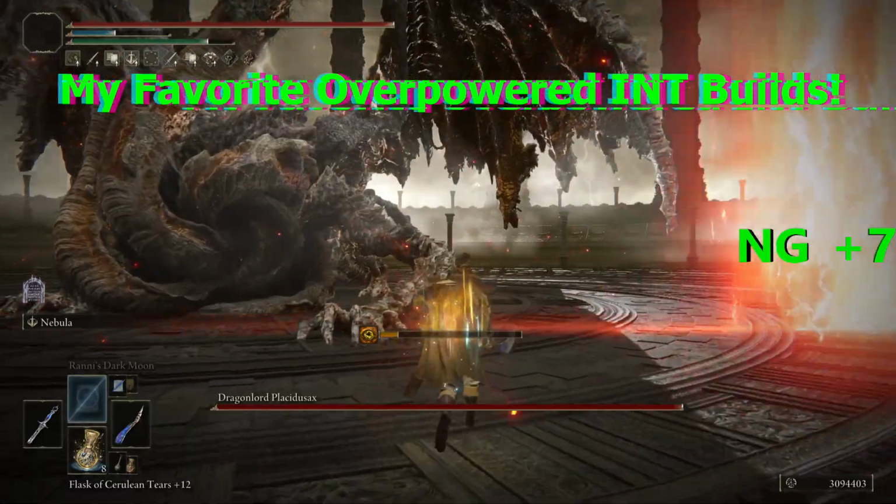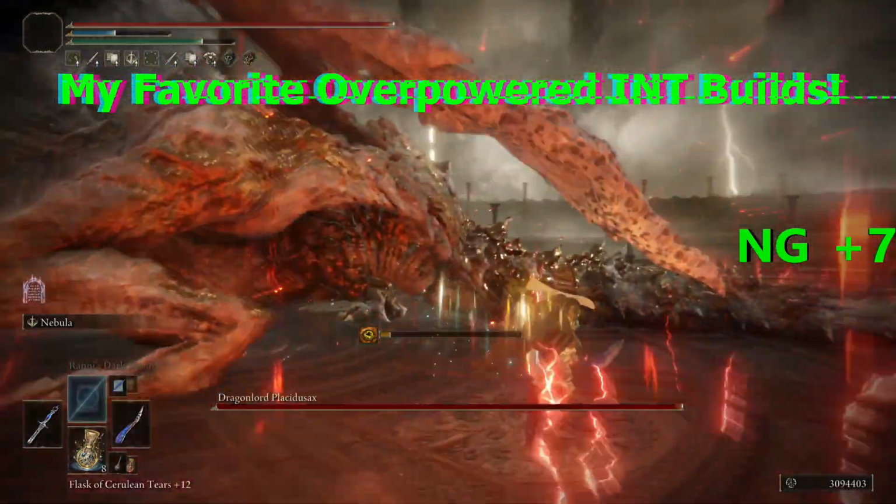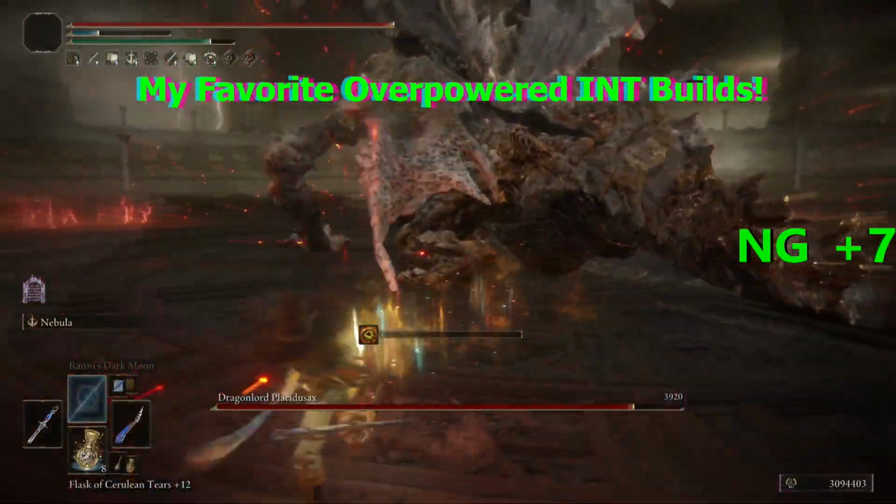Now, there's only going to be 4. There are other weapons that I like to use. Some of these weapons on here, of course, you're going to have already heard of, such as the Wing of